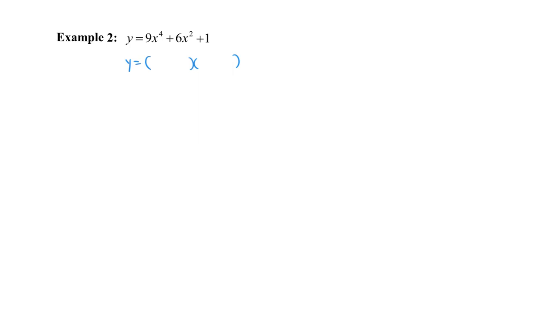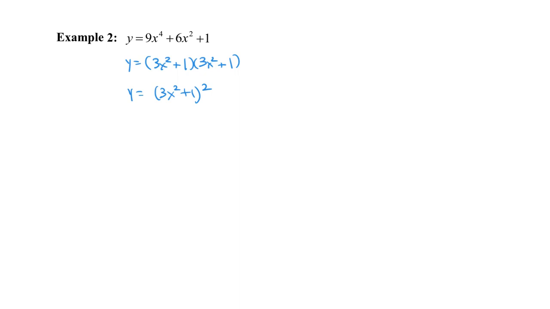Okay, so hopefully you tried it out. You notice, well, if I put a 3x squared here and a 3x squared here and a 1 and a 1, and a plus and a plus, then if I do the FOIL method on here, I get back here. So in other words, this is really equal to 3x squared plus 1, squared. Okay, so let's force this function to be a composition of functions